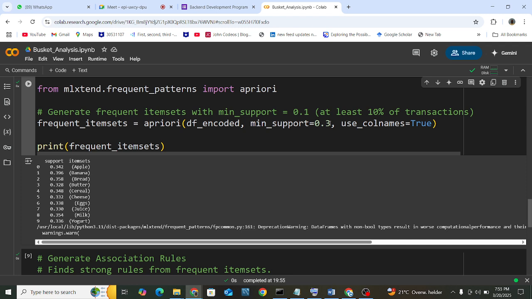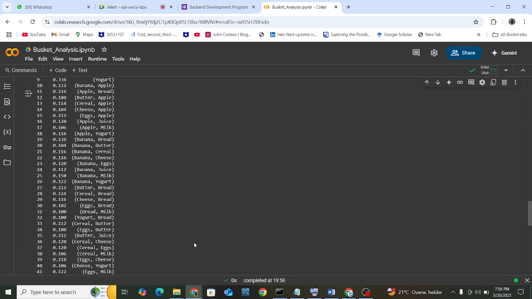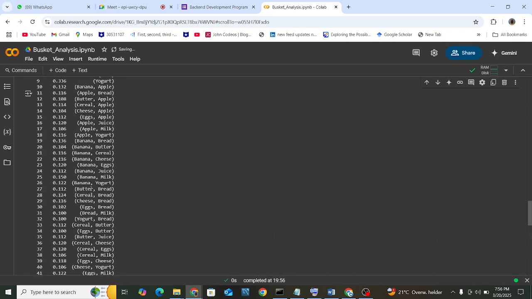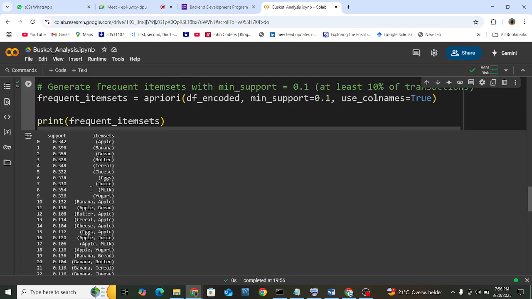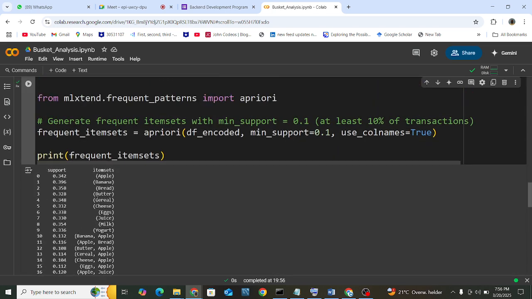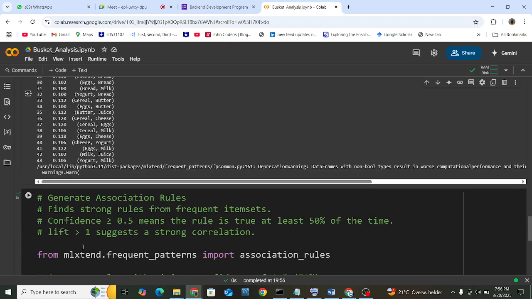So let me just return these so that at least we can accommodate multiple items in an item set. Let me just use 0.1, so that at least we can have a number of item sets. So these are now the items that we are going to use to generate the